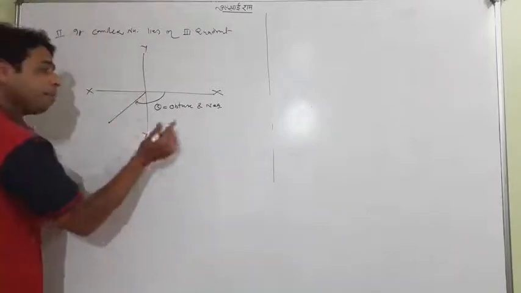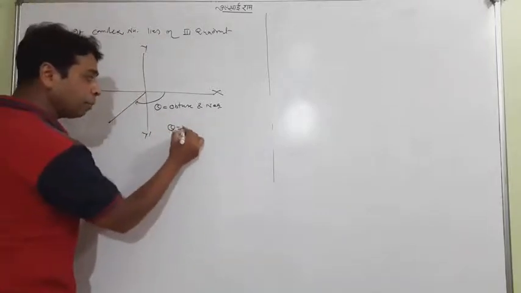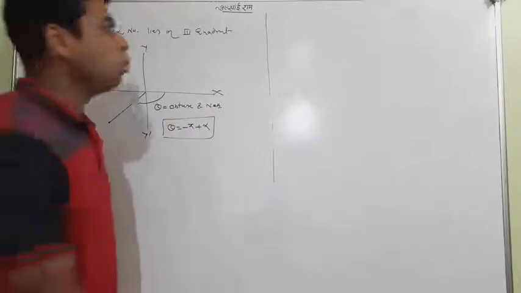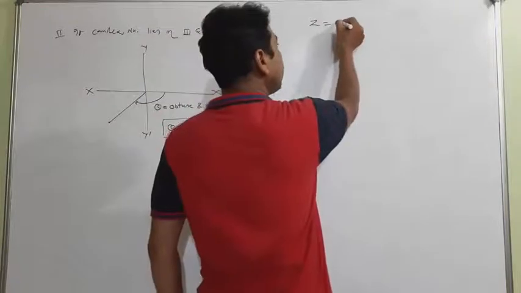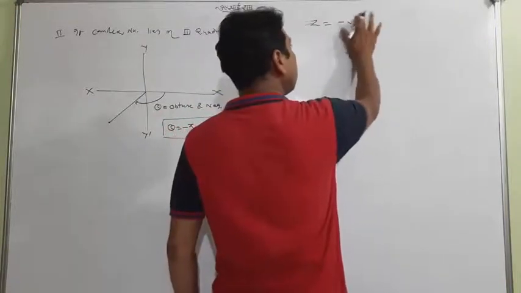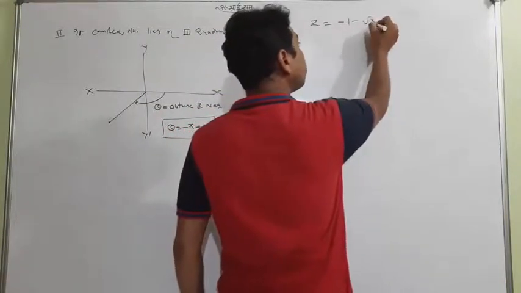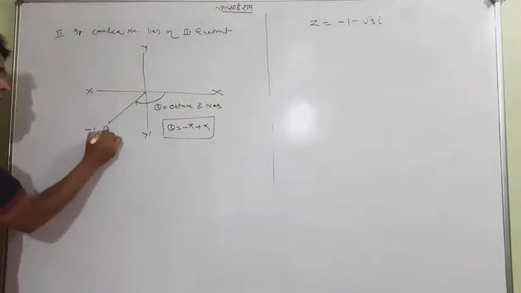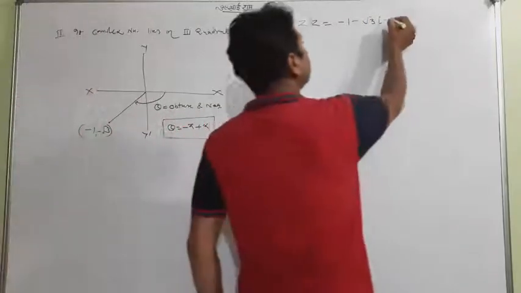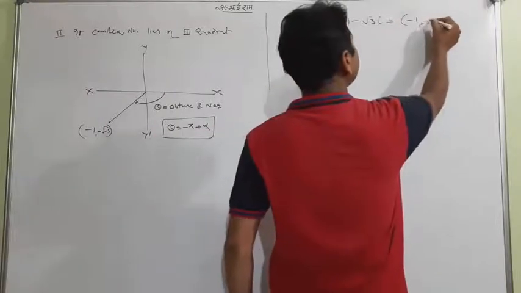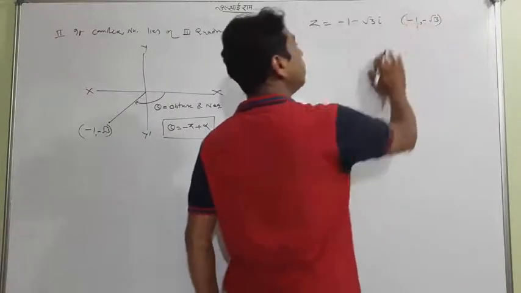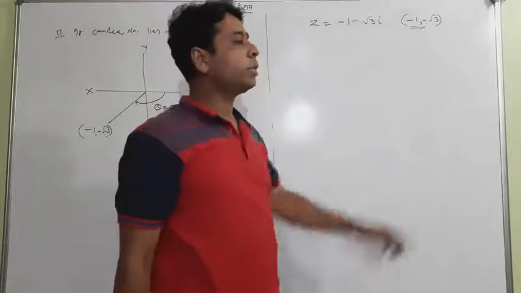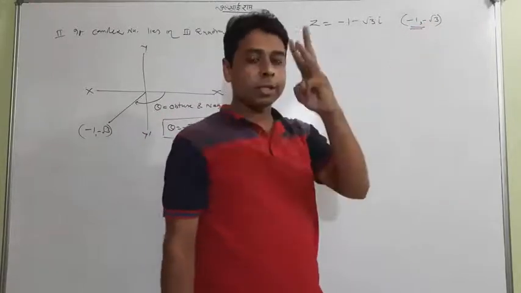Okay, this time theta has a formula. Please remember minus pi plus alpha. So you can start with a question. Suppose my question is minus 1 minus root 3 i. Both are negative. When both are negative, it is minus 1, minus root 3, and this is only the ordered pair, and this is negative, this is negative. Definitely it lies in the third quadrant.